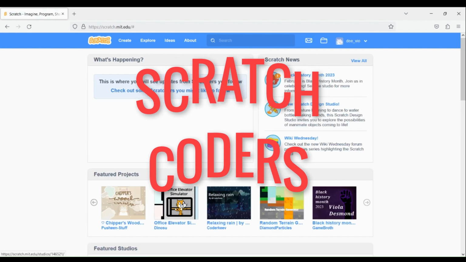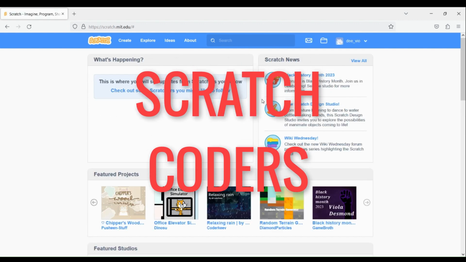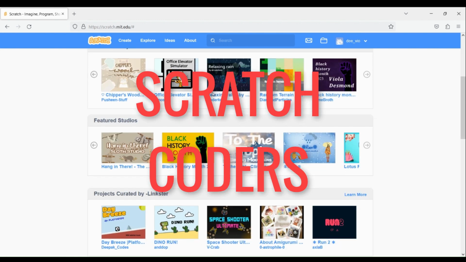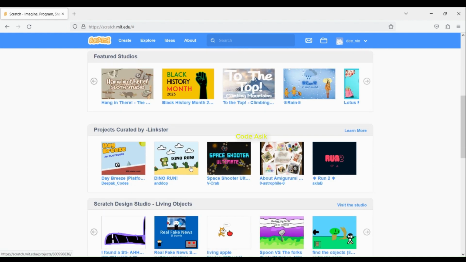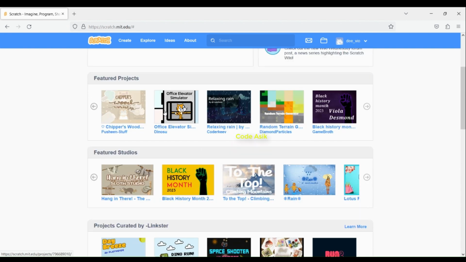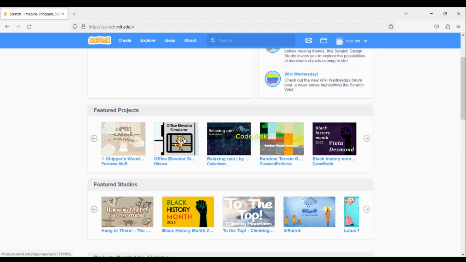Today I will learn together with you how to code in Scratch. Scratch is a coding language with an exciting visual interface that enables you to create digital stories, games, and animation.